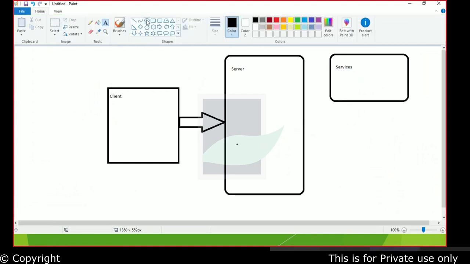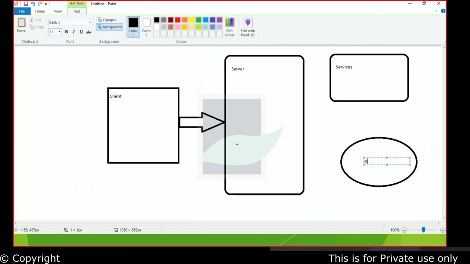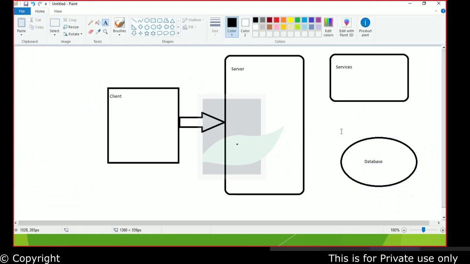Modular architecture. So you'll be having services, then you would be having a database. So your server would be speaking to the services, and the services would have an interaction with the database, and they would go ahead and pull the data back.